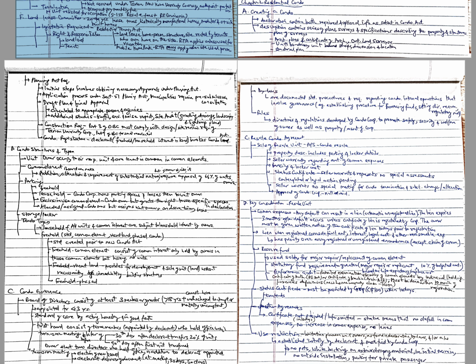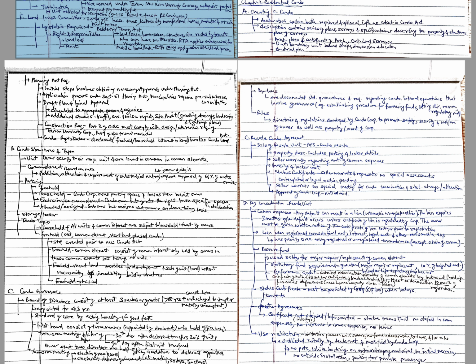The description contains a series of plans, surveys, and specifications describing the property and structures, together with certificates attesting to compliance and accuracy, which includes a planner's survey, architectural plans, a certificate of architect, unit boundaries, unit shape, dimensions, and location, structural plans, a certificate of engineer, and a certificate of Ontario land surveyor. All interests pertinent to the land are included in the property. And again, documentation can vary based on the property.